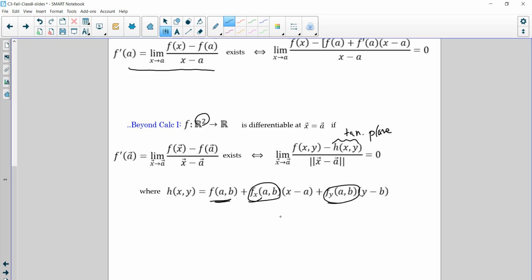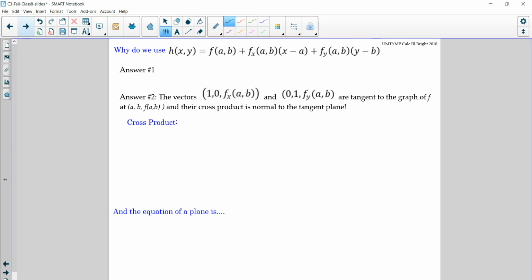Okay, so just as a quick follow-up here, why do we want to use that? Well, answer number one is it is nice. Plain and simple, right? It's linear. So it's linear in each of the factors, so there's no squares or exponentials, trigs, etc. Okay. The second thing is that if I look at these vectors, so 1, 0,